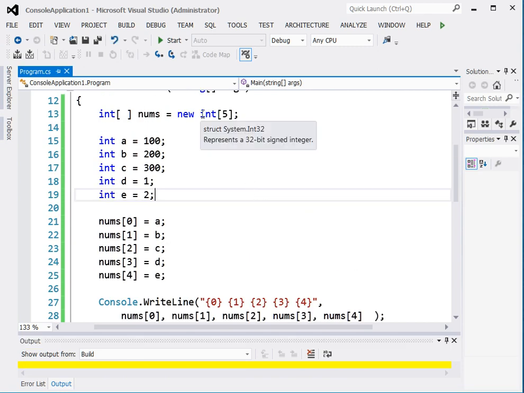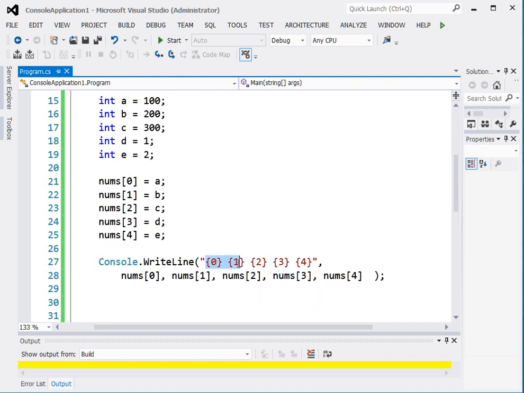We have 5 spots. We have 5 little boxes to store numbers in. They are indexed by the values 0 through 4, because if you count them off on your fingers, 0 through 4 is 5 values, as you can see clearly here. And that zero-based indexing ought to be pretty familiar just from our WriteLine statement, where the first argument we're printing is given a placeholder value of 0, and then 1, and then 2, and then a 3, and a 4. So if we wanted to change this 300 here to a 500,